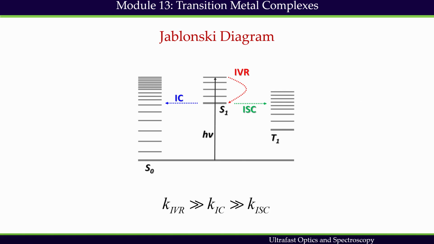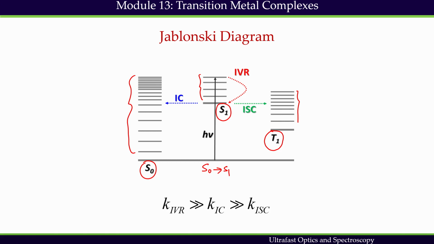Here, several electronic states, including the singlet ground state, which is shown by S0, the electronically excited singlet state S1, and the electronically excited triplet state T1 are shown with associated vibrational states. These are vibrational states associated with the corresponding electronic states. After Franck-Condon vertical excitation to the singlet excited state, which is the S0 to